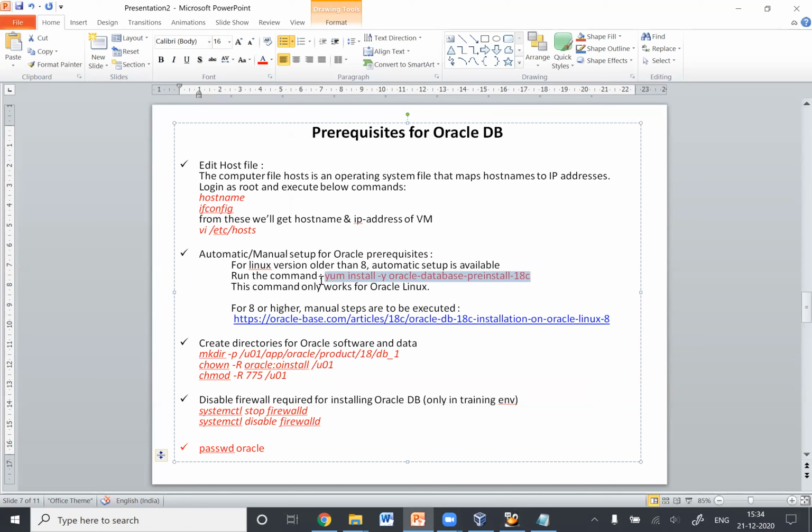This command doesn't work for Linux version 8 plus. It only works for versions older than 8. For version 8 and higher, we need to follow manual steps which are listed on this website. We are using 7.9, so we'll just run this command.